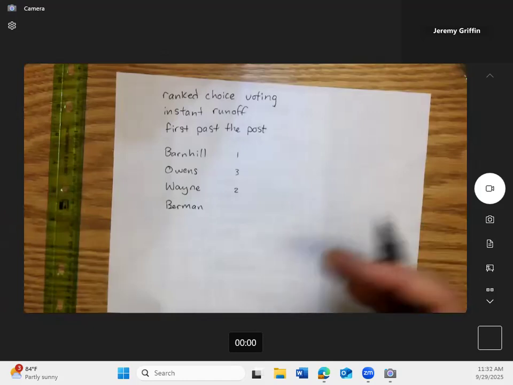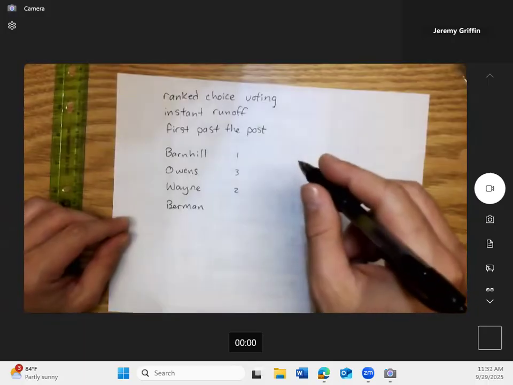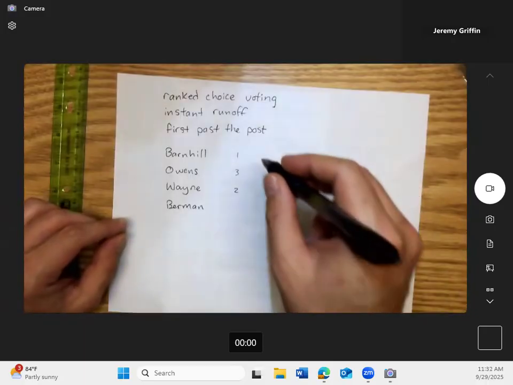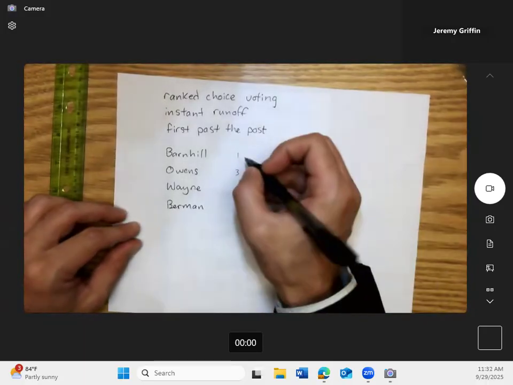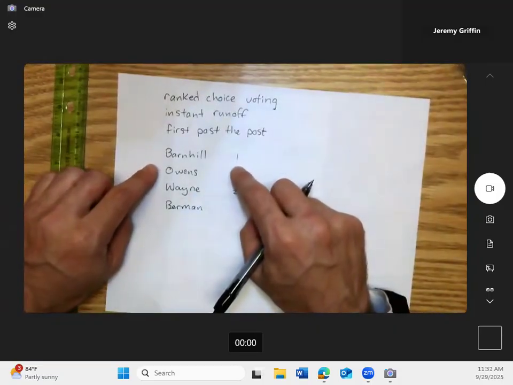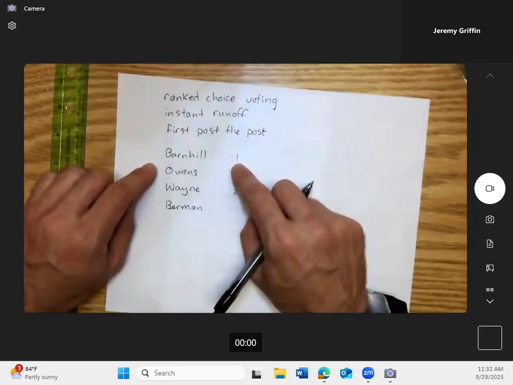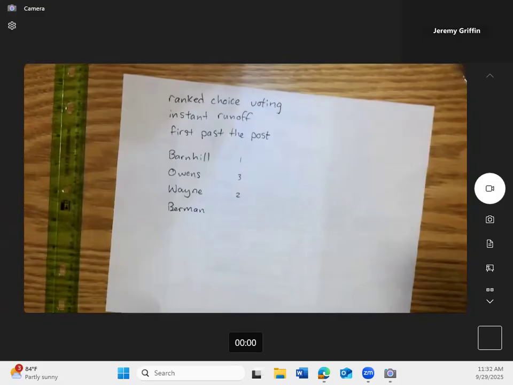And the quick method is I'll ask who is voting for each one of these four as their number one choice. Now, just a side thought: what if you really like Miss Barnhill? It's like, oh man, I really want to vote her number one. But I think she's probably only going to get one or two votes, and I don't know if she's going to be popular. So maybe I'd have to do some strategic voting and vote for someone else who might have a chance of winning.